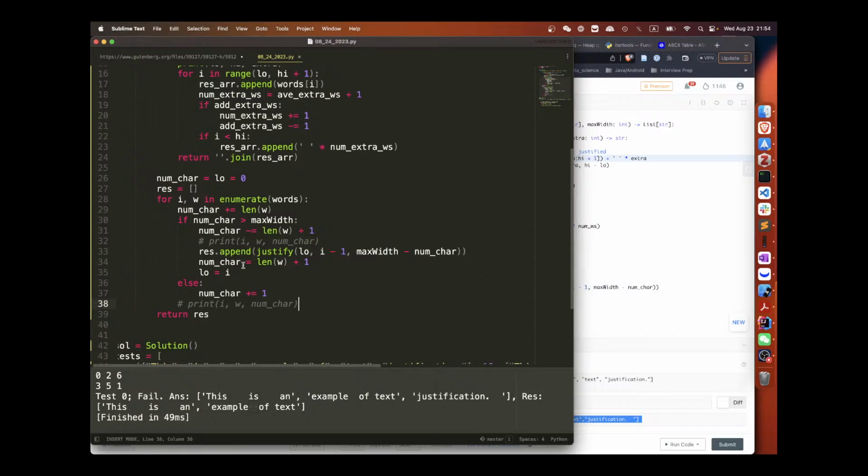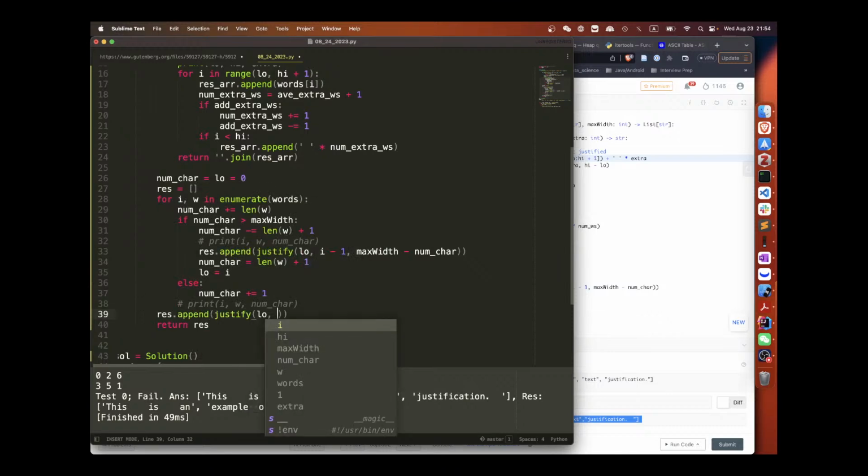And the last one, if numchar is larger than, now it won't happen. I think I should be here. Rest.append. Justify low and high should be I, right? And max width minus numchar.